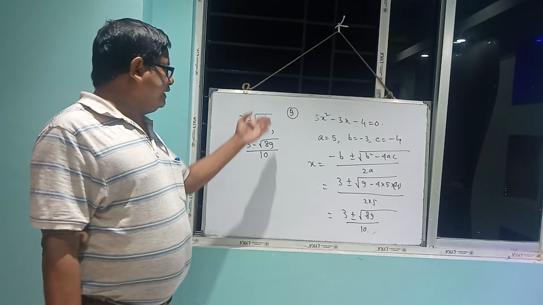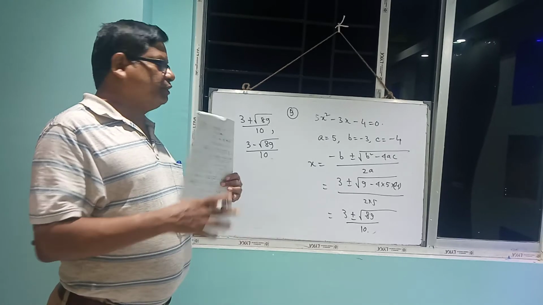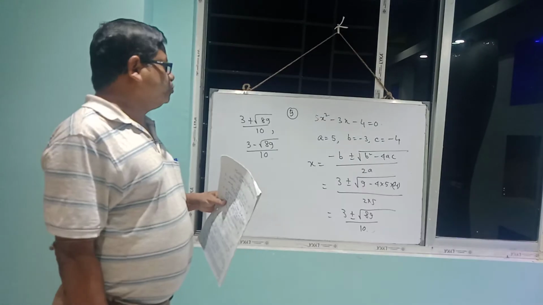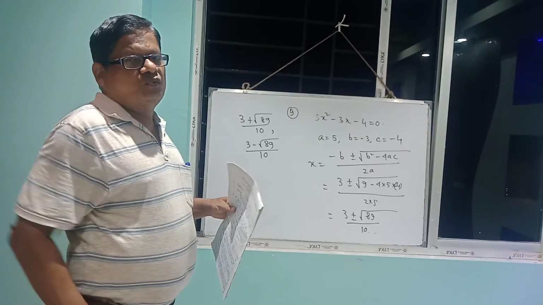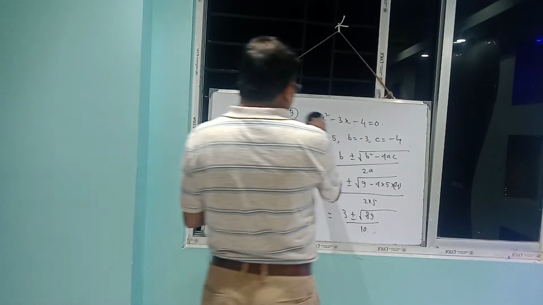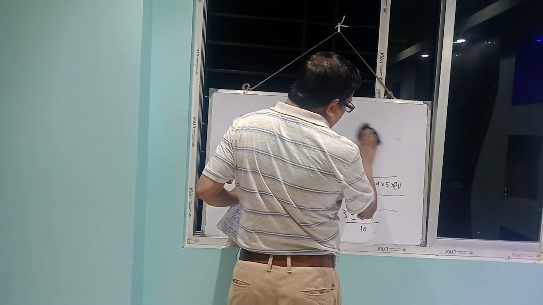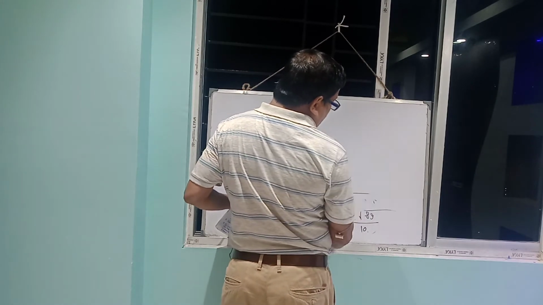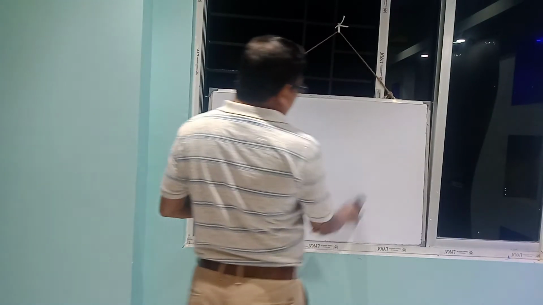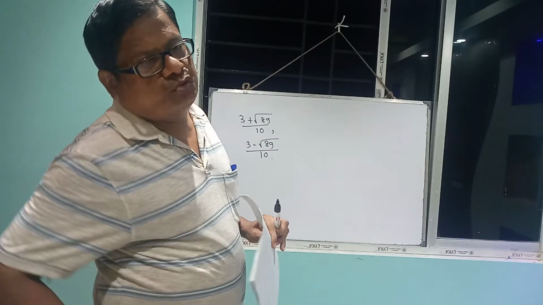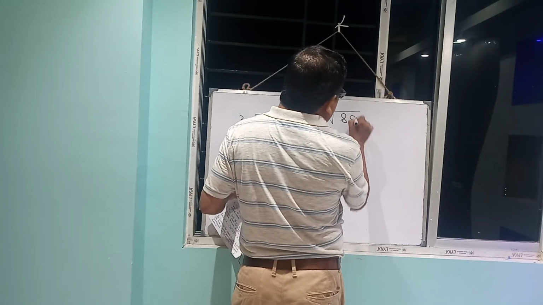Okay, you can do it directly. See, I am showing one method, okay, mind. Suppose root 89, root 87, root 82, root 72, look at here how to solve without calculator or without log table book. In the board exam you will get a log table book, but how to do it without one? See, root 89 is given first.